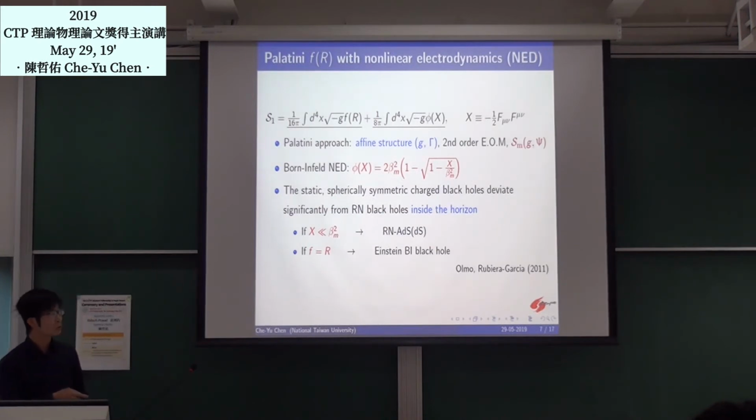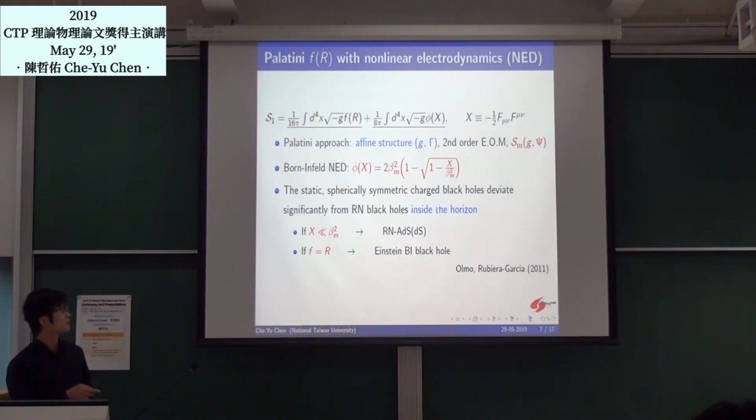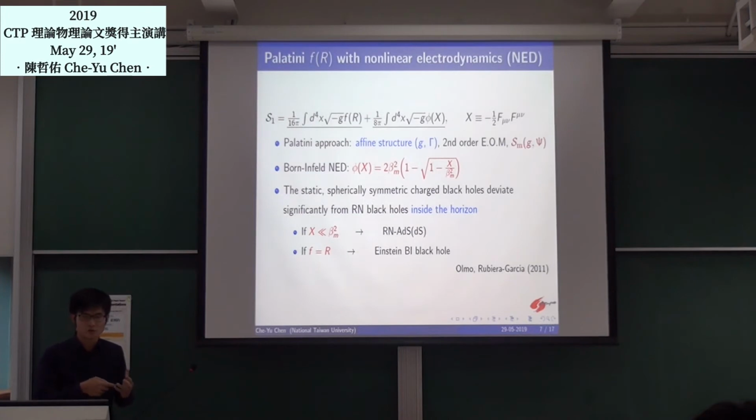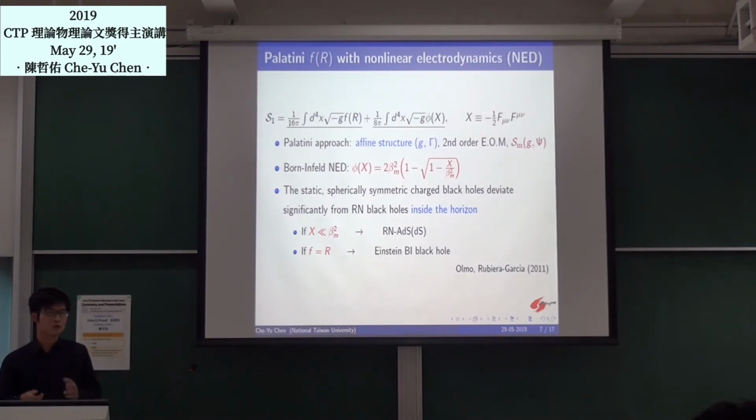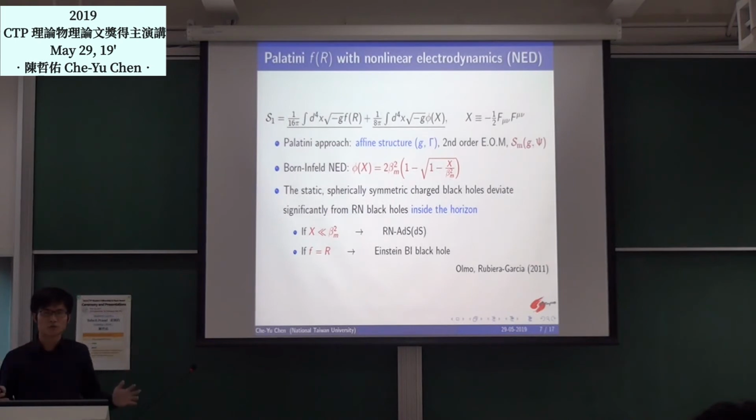And then we have a second order equation of motion. And if we include a charge here, it can be expected that if the charge is very small, then the solution of the charged black hole in this theory reduces to the usual Reissner-Nordström black hole in general relativity. But if the charge is large, or if the radius is very close to the event horizon, even close to the singularity, we have totally different solutions from general relativity.